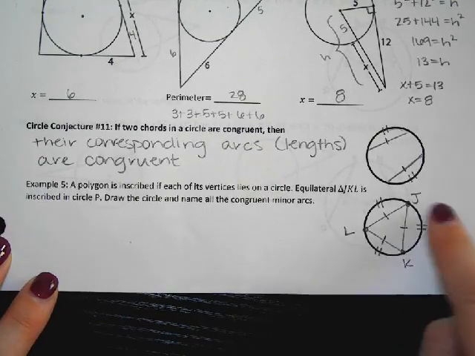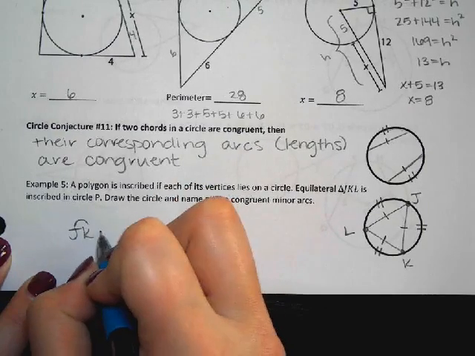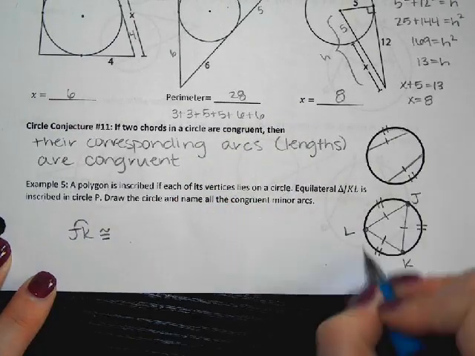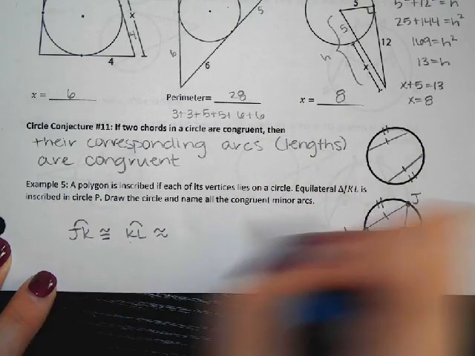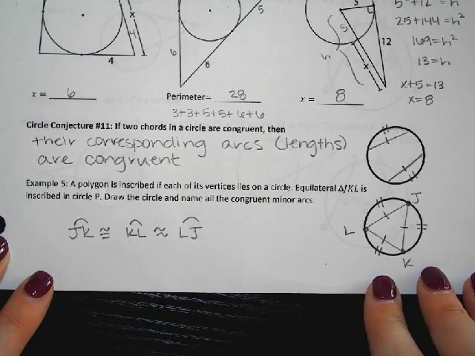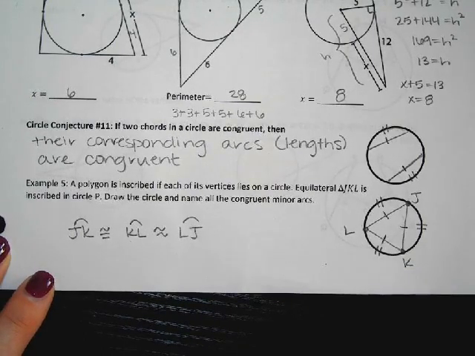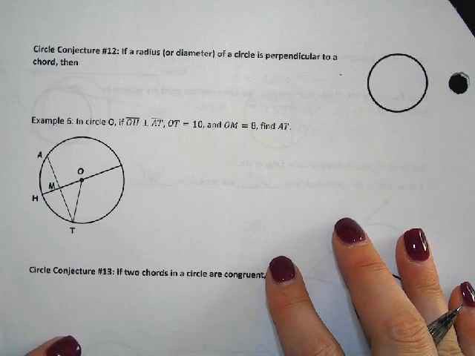And so J to K is a minor arc, and K to L is a minor arc, and L to J is a minor arc. And we know that since all of those chords were the same, all those arcs must be the same as well. All right, the next conjecture is that if a radius or a diameter of a circle is perpendicular to